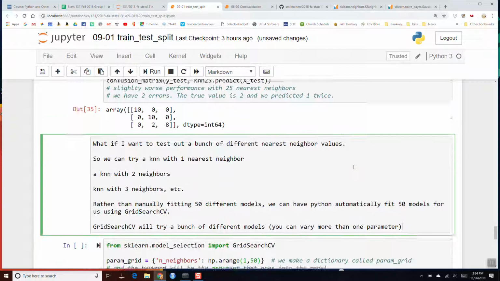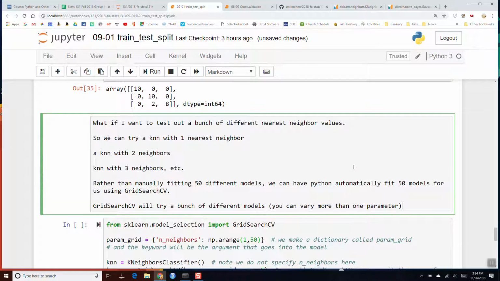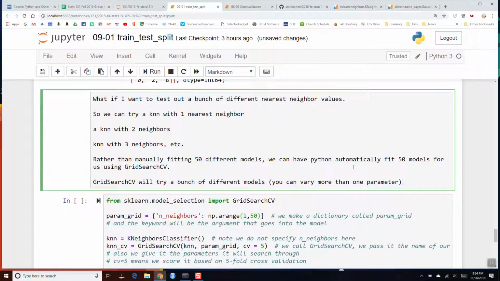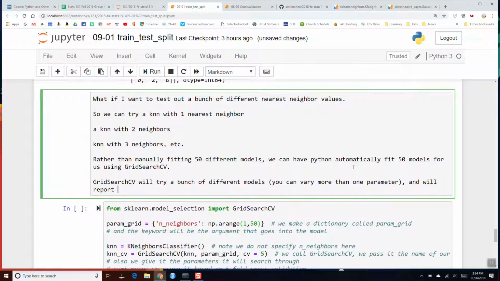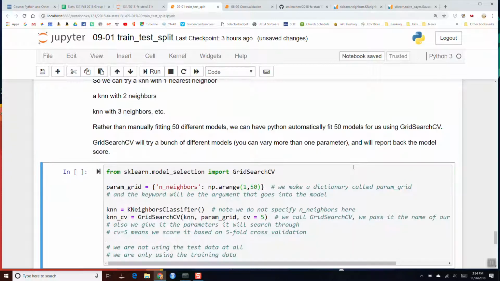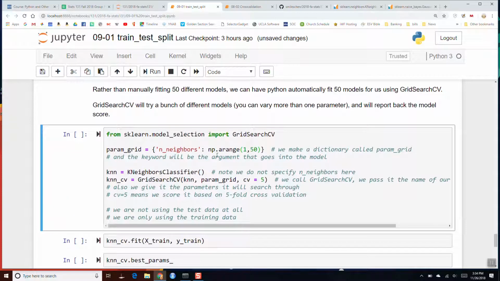Although for us, we're just varying the number of neighbors. So it'll try a bunch of different models, and we'll report back the model score. Okay, the cross-validation model score here. And so, so we say,